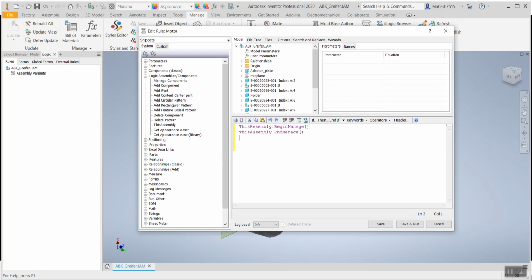So let's create a space between these two because this is the end of the manage condition. So within this, we'll add an if statement. Instead of my expression, we'll add motor here. So if motor is short or large, what will be the condition? Now we have a smaller condition which is already there. So we'll initially go with if motor is equal to large, then we'll add an else here.